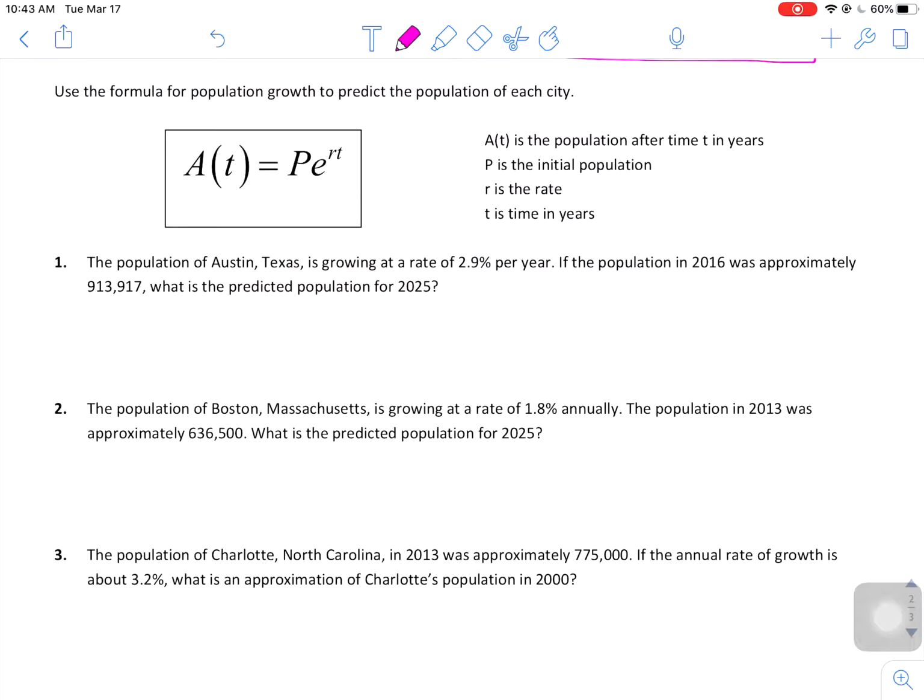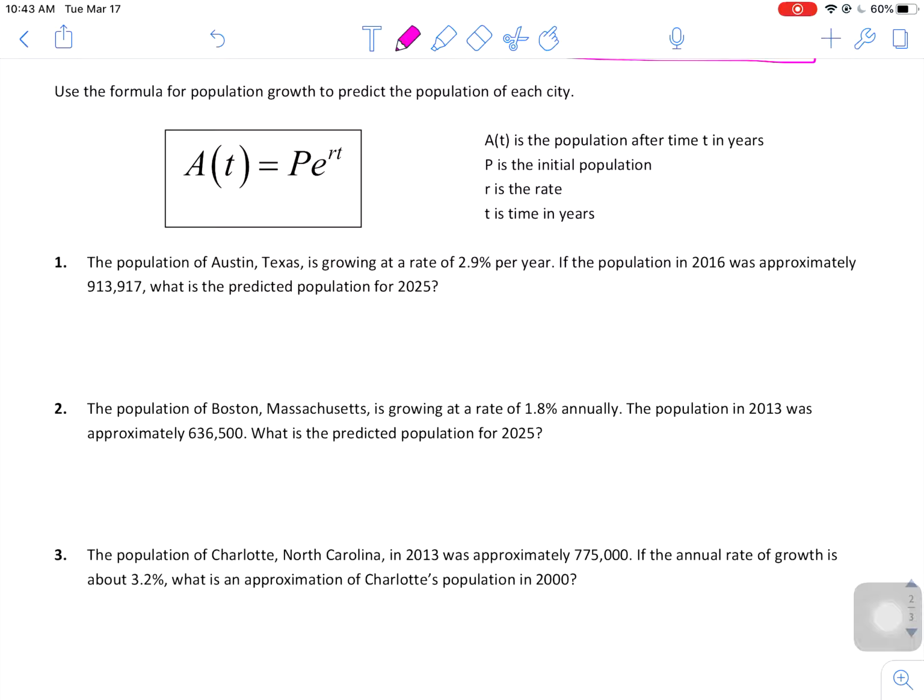P is your principal amount. So in this case, since we're not talking about money, we're going to talk about the initial population. R is your rate as a decimal. T is the time in years. So on number 1,